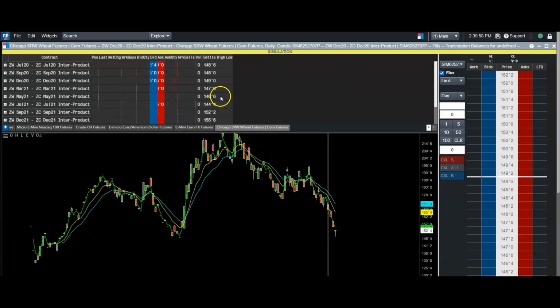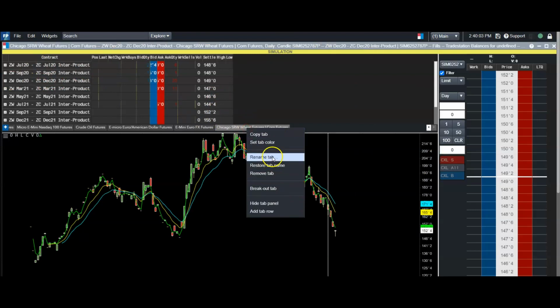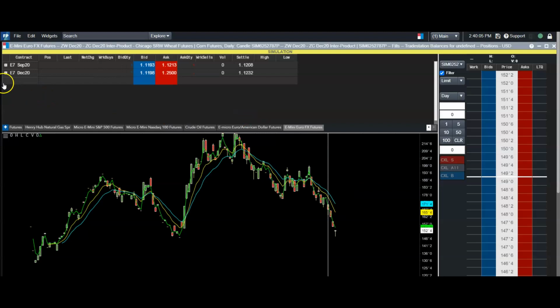Real quick here now, back to our Futures Plus side of our platform. Of course, I got Sim on. Somebody was asking how to build these things. I'm gonna right click and remove this tab real quick. Real quick, guys, when you're looking for an inter-product deal,